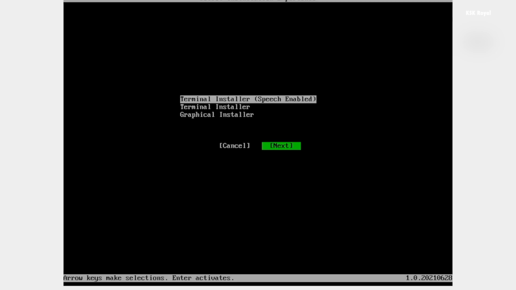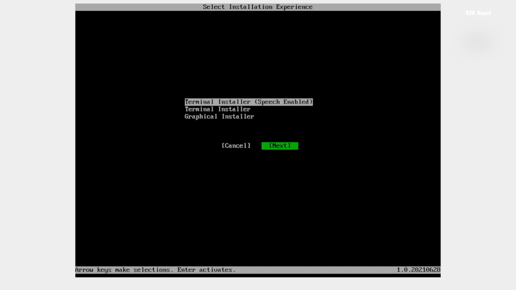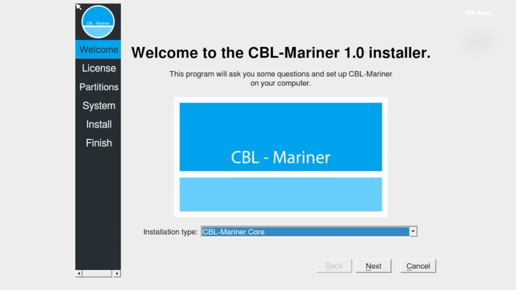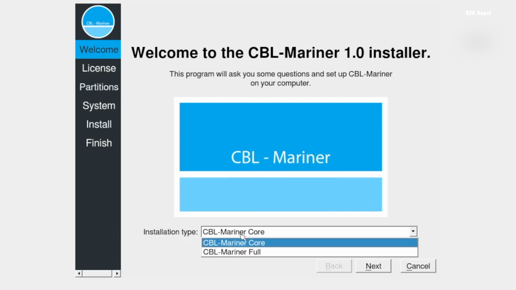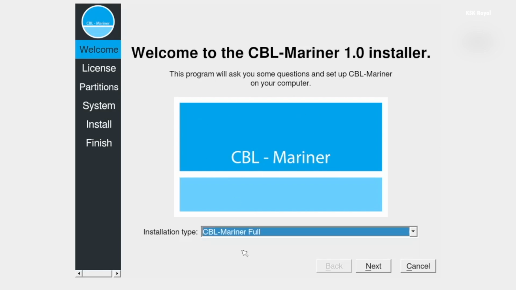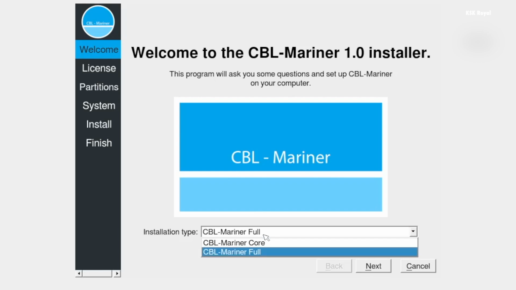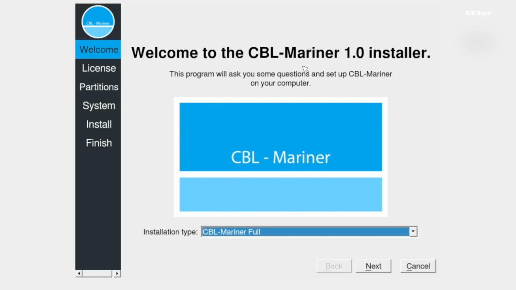Now, the installation process will give the options to enter into a text or graphical mode. As you can see, this is the graphical mode and the installer looks quite similar to Calamares. Now this is the default installer that comes with CBL. You can choose the installation types and start installing CBL. Now it's that simple. It took around 100 seconds to install the full edition.